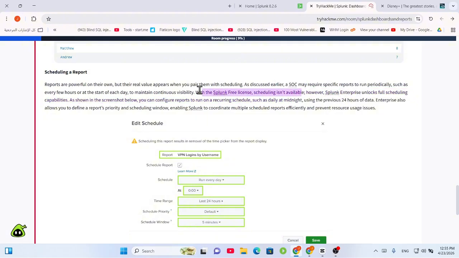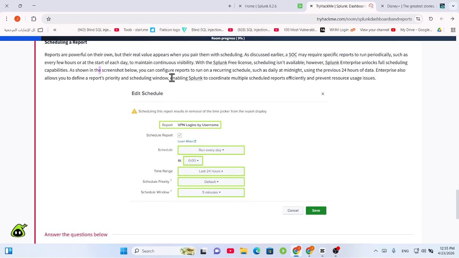However, Splunk Enterprise unlocks full scheduling ability, as shown in the screenshot below. You can configure the report to run on a recurring schedule, such as daily at midnight, and Enterprise also allows us to set report priority. Like this, you can schedule a report to run every day at a specific time, with time range, schedule priority,